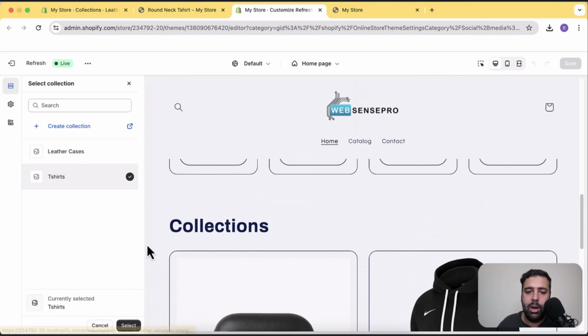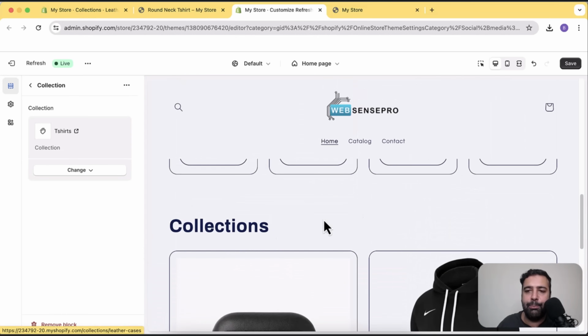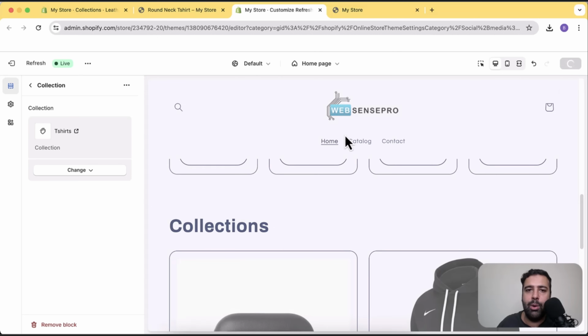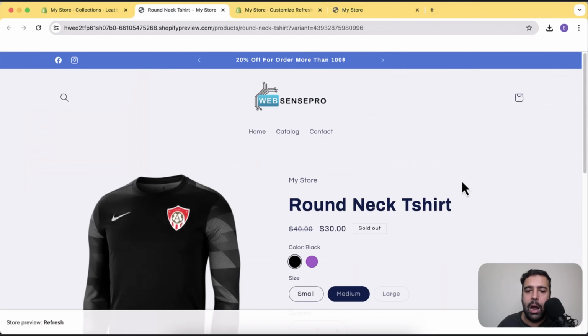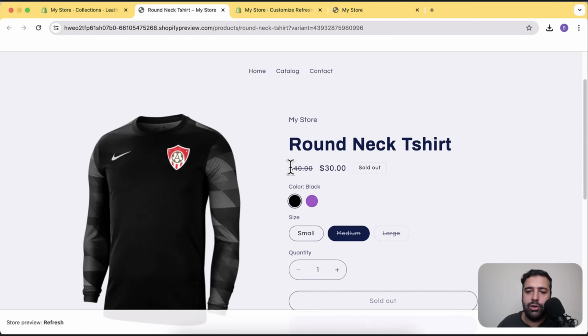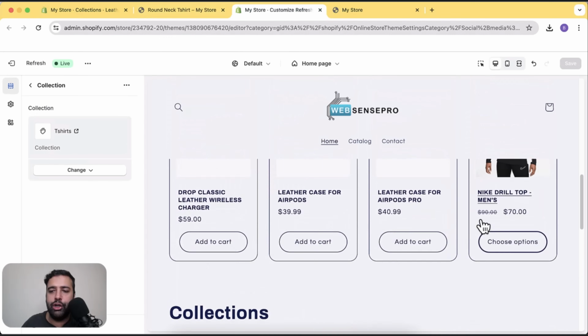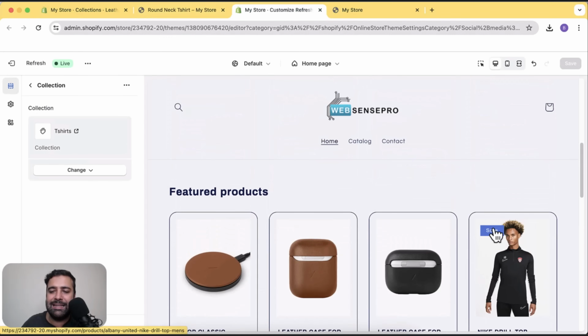list showing up. Now I wanted to tell you about the compare pricing for the product. Remember we added this on our round t-shirt neck. So that's what the compare pricing does. It basically shows you the crossed out pricing whenever you add compare pricing. So it shows that it was actually for $40, but it is now on sale for $30. And when you visit the collection page or the home page, you can see that it shows this sale badge